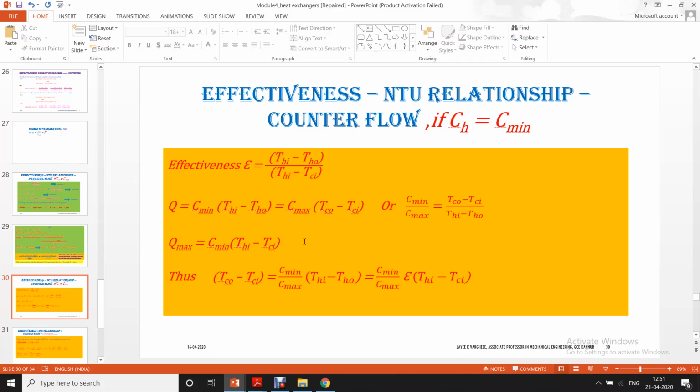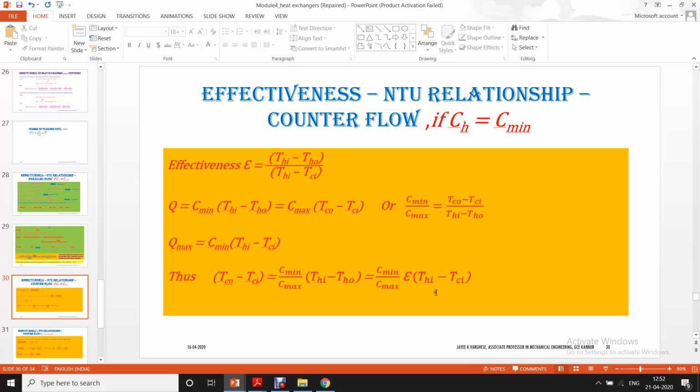Thus, now we can write TCO minus TCI in terms of THI minus TCI. So TCO minus TCI can be written as C min by C max into THI minus THO. And this THI minus THO in turn can be written in terms of the effectiveness and maximum temperature difference. So THI minus THO will be written as epsilon into THI minus TCI. Therefore, TCO minus TCI can be written as C min by C max into epsilon into THI minus TCI. This relationship will be useful for simplifying